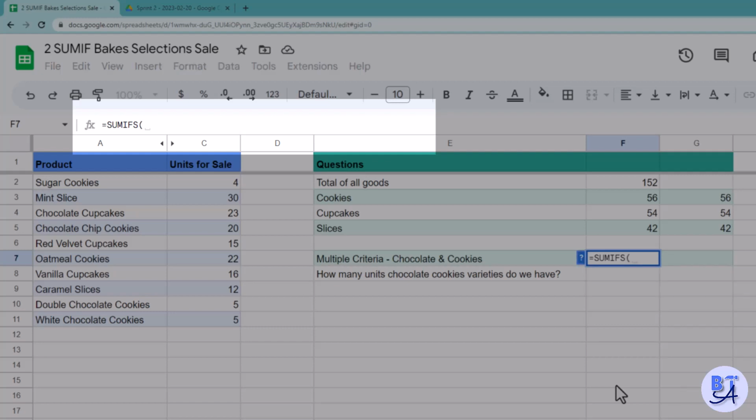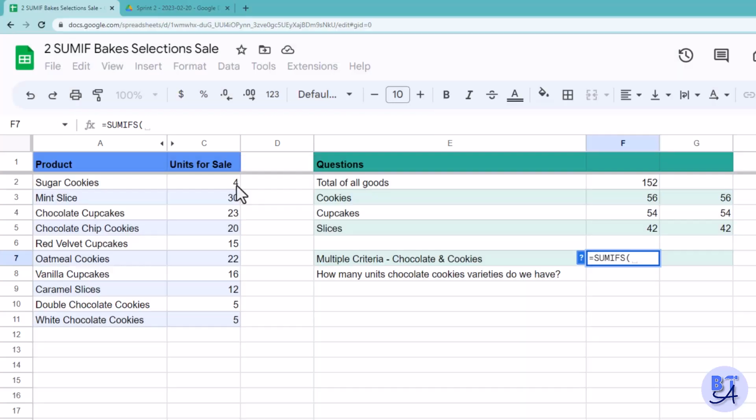Now, when it's multiple, we put the range that we want it to sum first. So the opposite of before. So the range we want it to sum first, then comma, then the range we want it to look up, then comma, and then what we want it to look for.